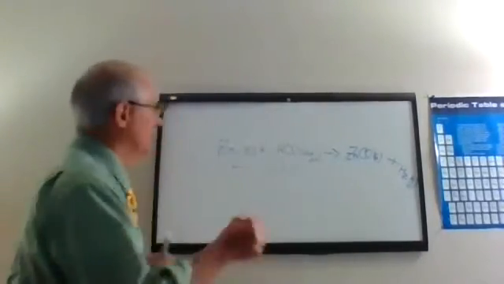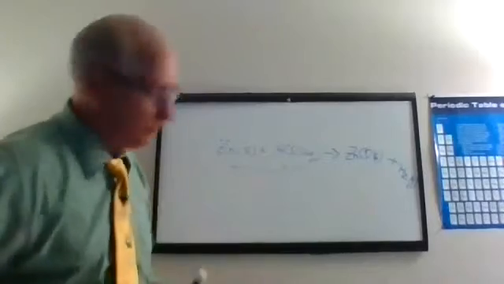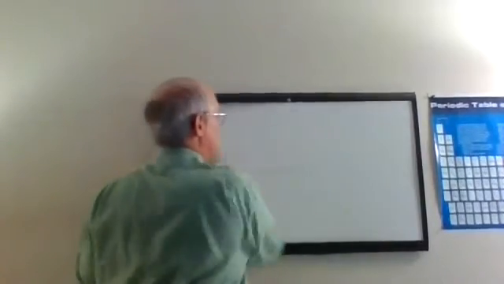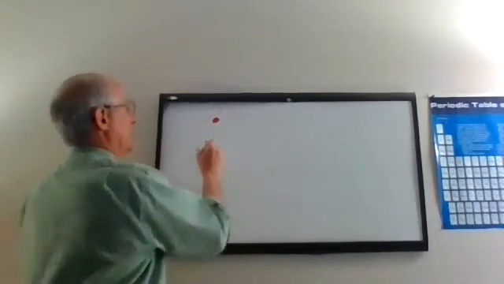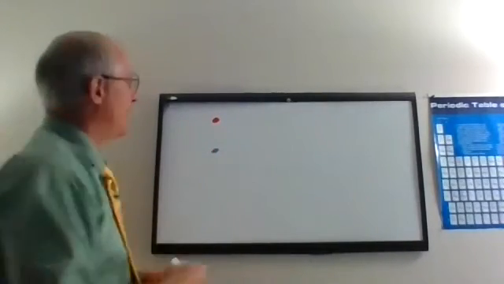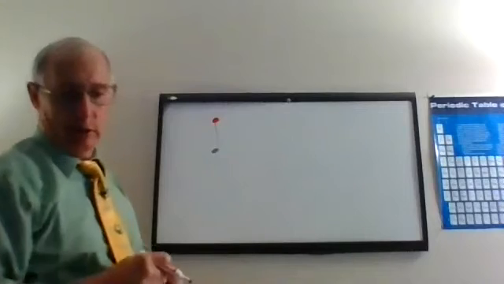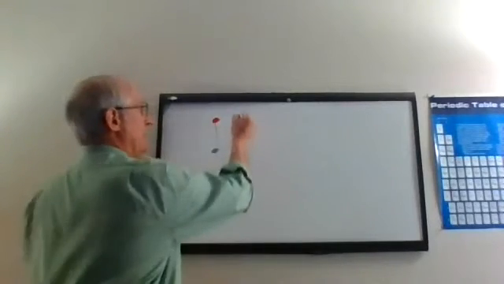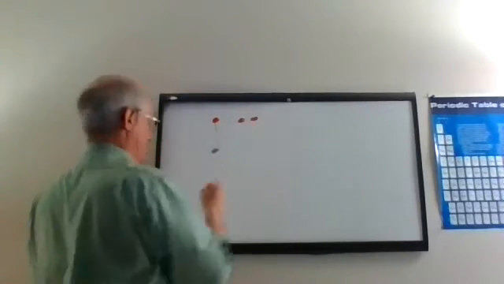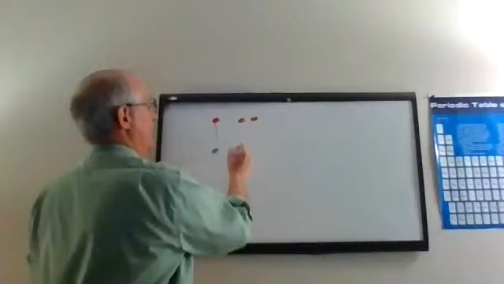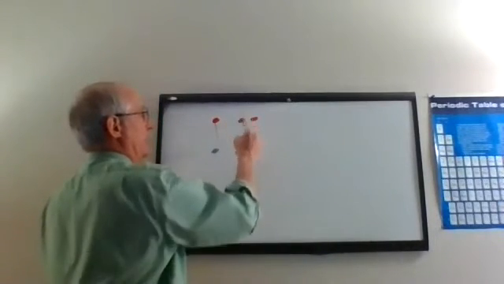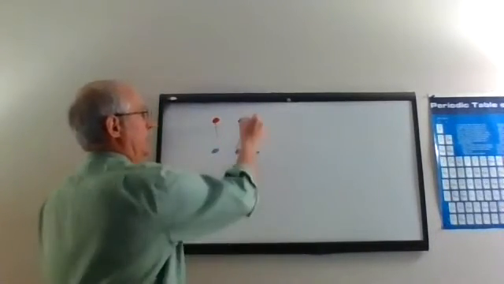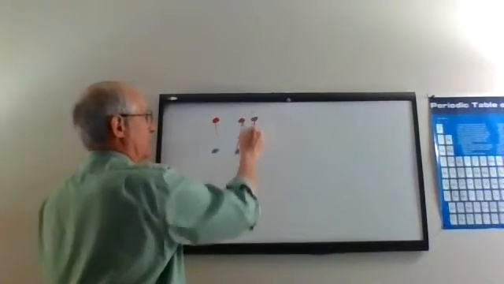If you have this much concentration, this is reactant 1, this is reactant 2. How many potential collisions can you have? 1. But let's suppose you have a higher concentration of reactant A with reactant B. Now each one of these can react with, boom, and that other one can react with, boom, and so you